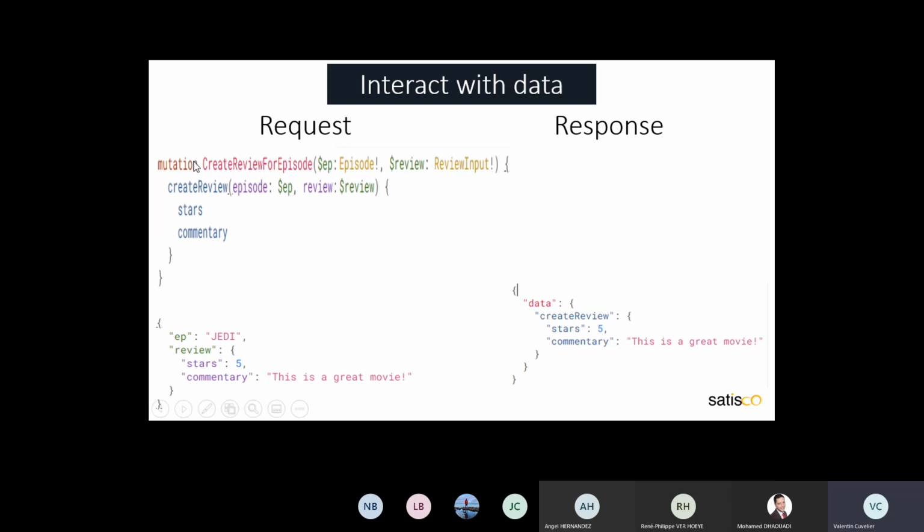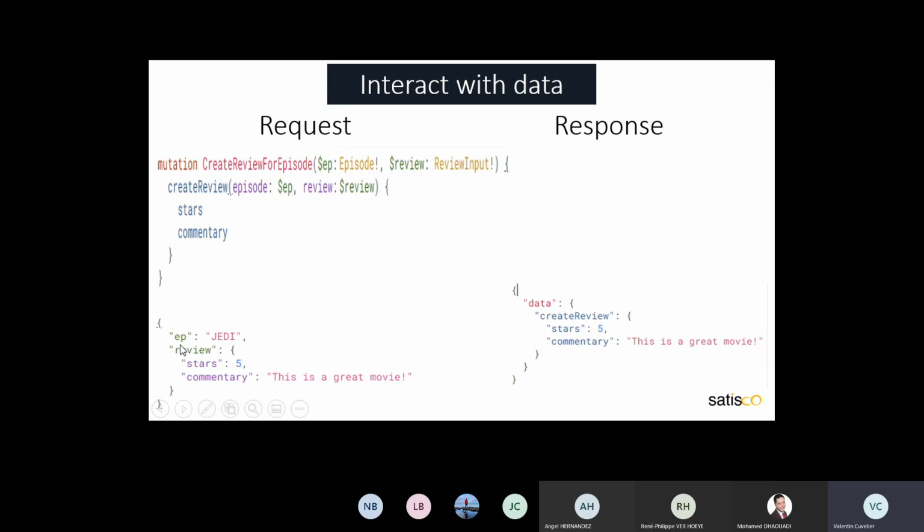And this mutation creates a review with a new object, createReview, and takes also the episode and the review as parameters, and we specify the stars and the commentary. Right. So as you say, we always specify a variable. It is a different part. It's not linked to the request.